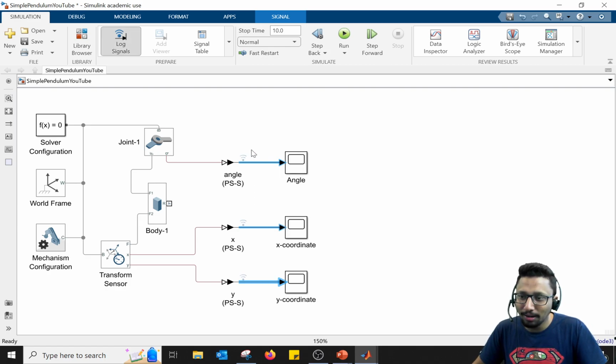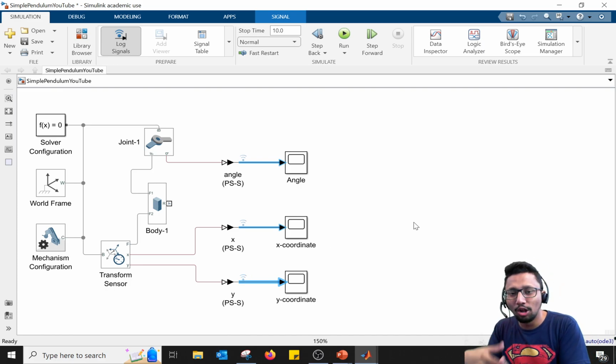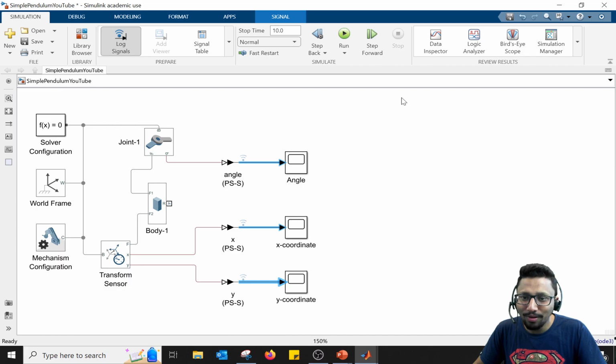The moment you do that, by default, a Bluetooth or a Wi-Fi shaped symbol will appear here. It means that now the signals are logged somewhere. And now when you press the run button again, just notice the data inspector here. Okay, let's simulate. And this glows. You see, this option is glowing now. So now when you go to this data inspector by just clicking,